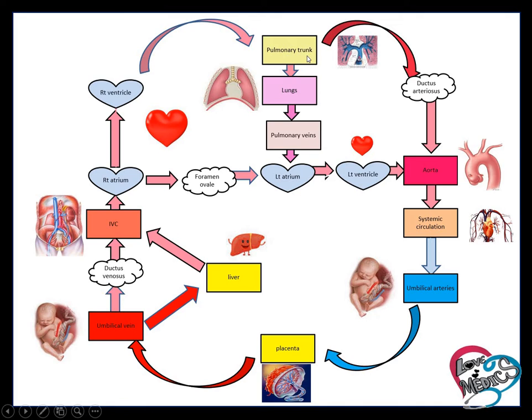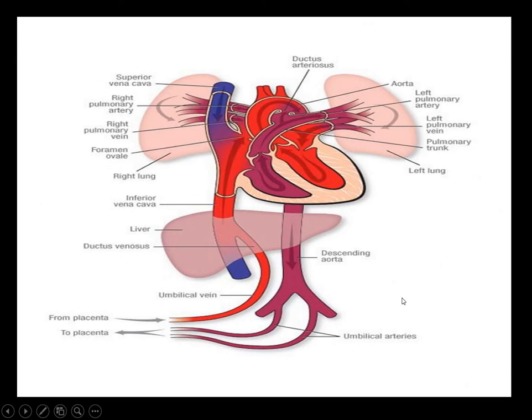From the pulmonary trunk, the blood also passes via the ductus arteriosus and directly reaches the aorta, and that blood passes into systemic circulation and delivers the oxygen to the fetus, and then it carries the deoxygenated blood to the placenta through the umbilical artery. Again, I repeat,